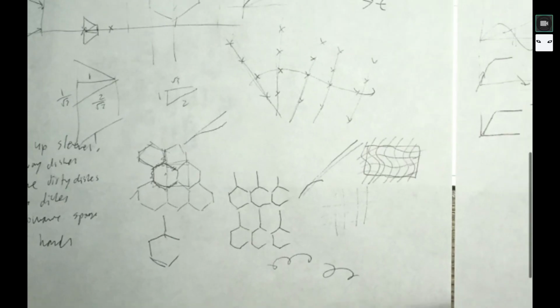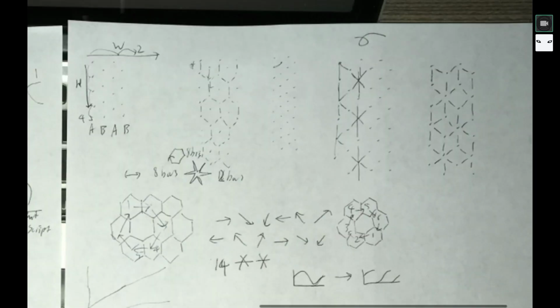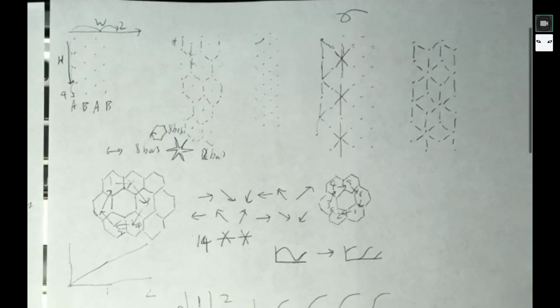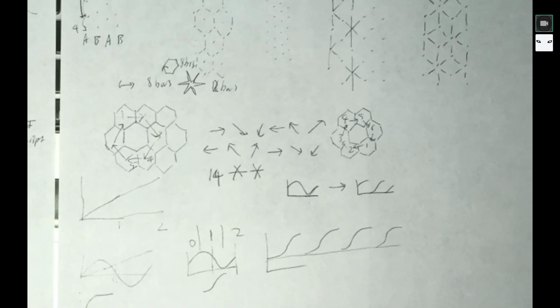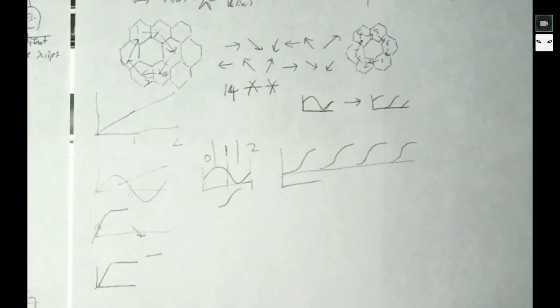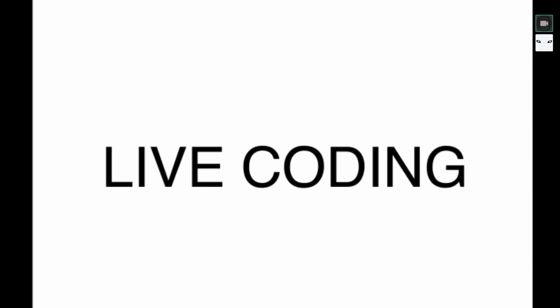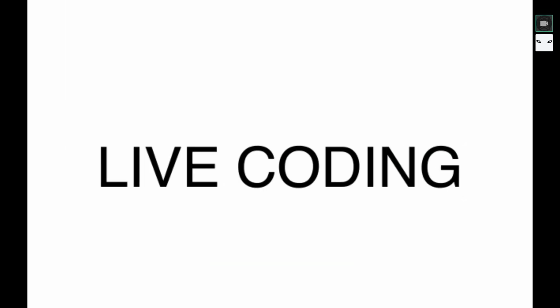math, geometry, distortions, like how do I connect the dots to form tessellations, patterns of like the shifting in the first section, the curves to make, instead of just linearly shifting, it has a little curve to make it more lifelike. And then, okay, now for the live code demo,